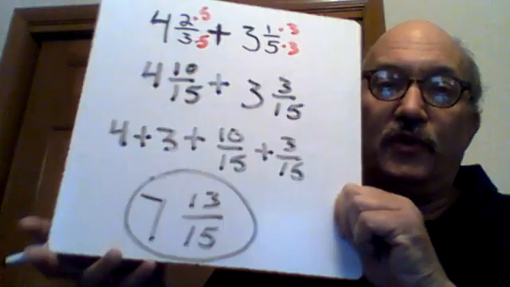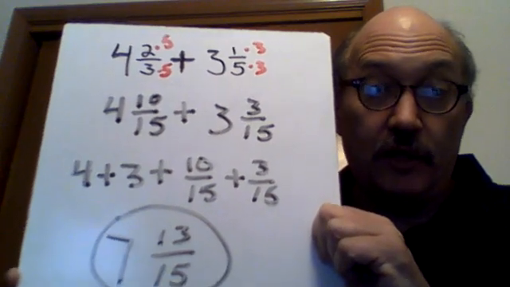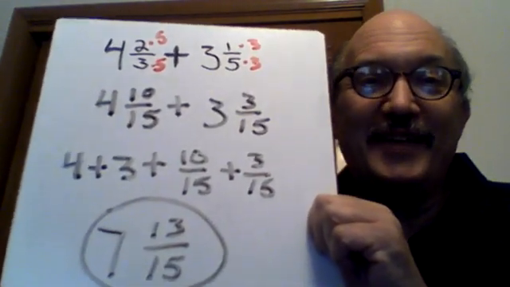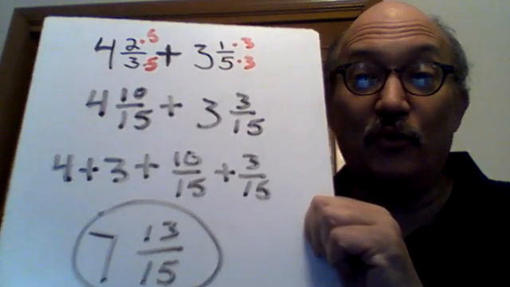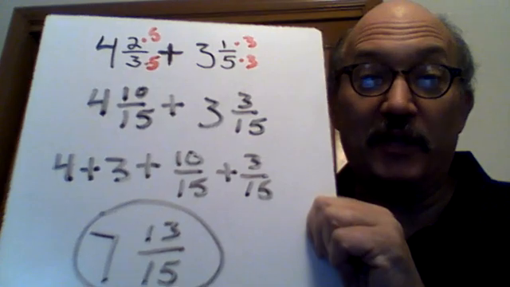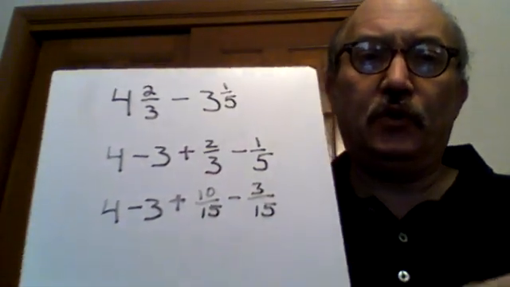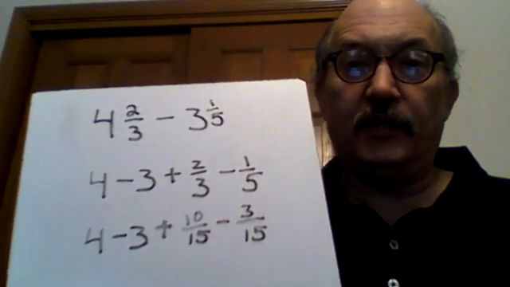But here we get 7 and 13/15. This goes along with the estimate that we made earlier, that the answer would be less than 8. So there's the addition. And we are 25% or 1/4 of the way through the calculations with these two mixed numbers. The significant fact about these two mixed numbers, as far as the subtraction is concerned, is that the 2/3